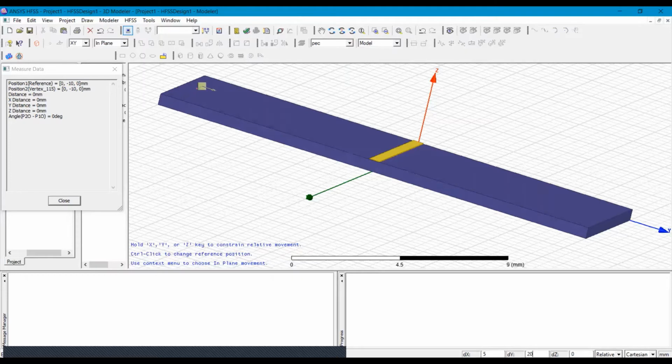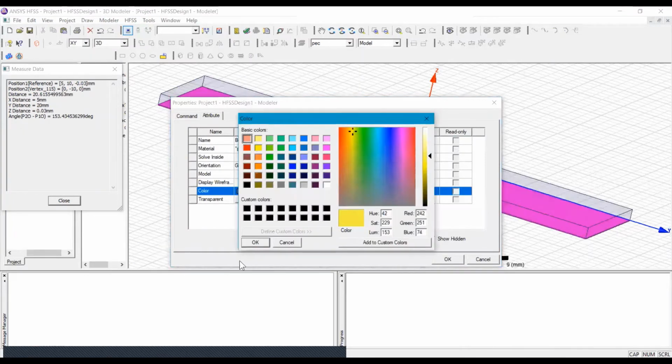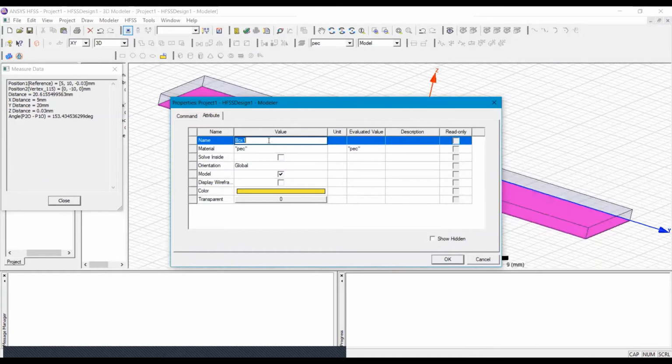That is the length, and dz will be minus 0.03. We are giving the same color, and the name is ground.